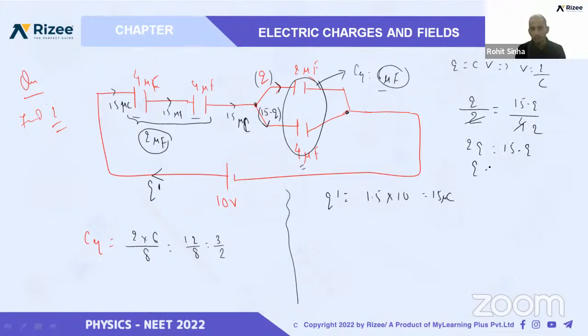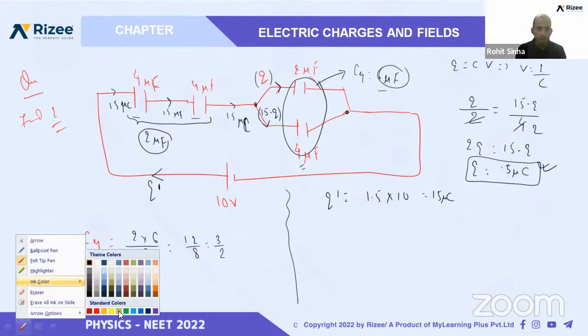And Q will be 5 microcoulomb. It will go over 3 here, and after that it will be 5 microcoulomb. You got it? Okay. That means out of 15 microcoulomb charge,